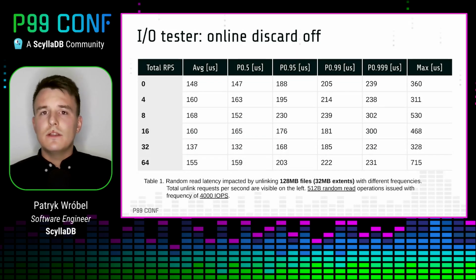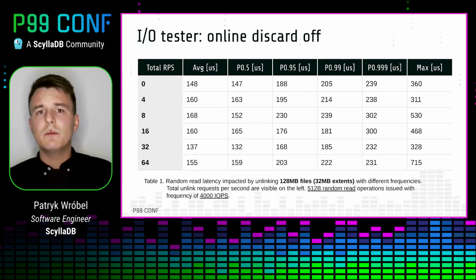So here, to get a reference and to check the hypothesis, the results are presented for an experiment run in a file system for which the online discard mount option was not enabled. The workload was issuing just 4,000 read operations per second, and each read tried to get 512 bytes. And on the left, you can see the number of removed files per second, because the workload was as well removing files. And we can see that when 128 megabyte files were removed, the latency spike did not occur in